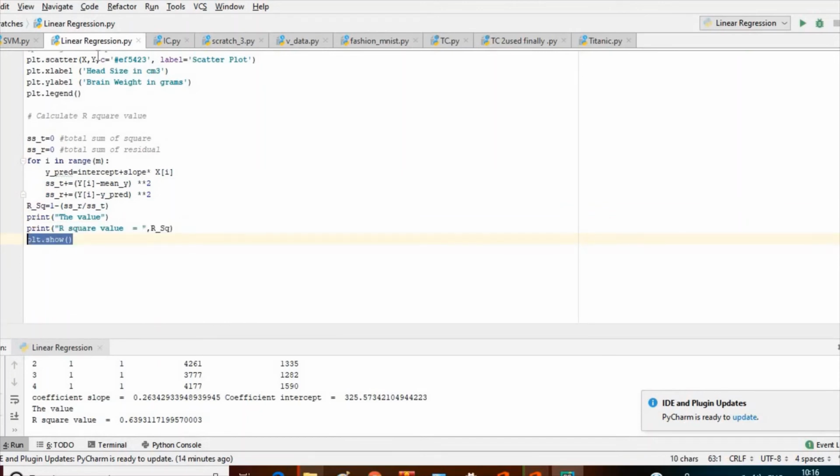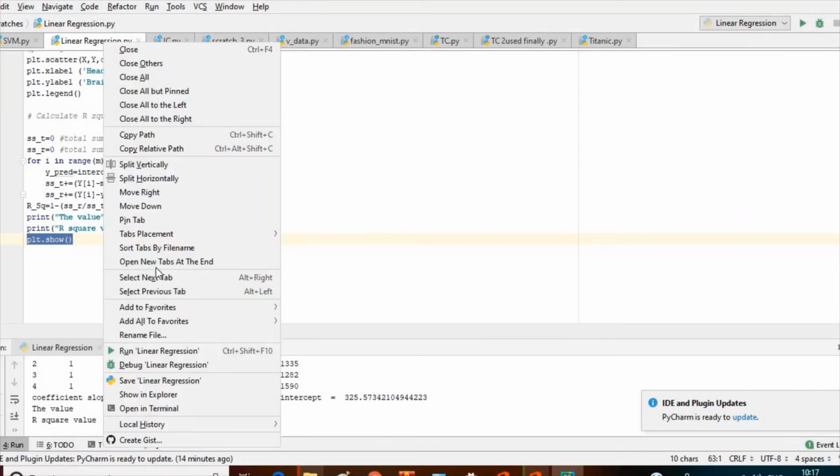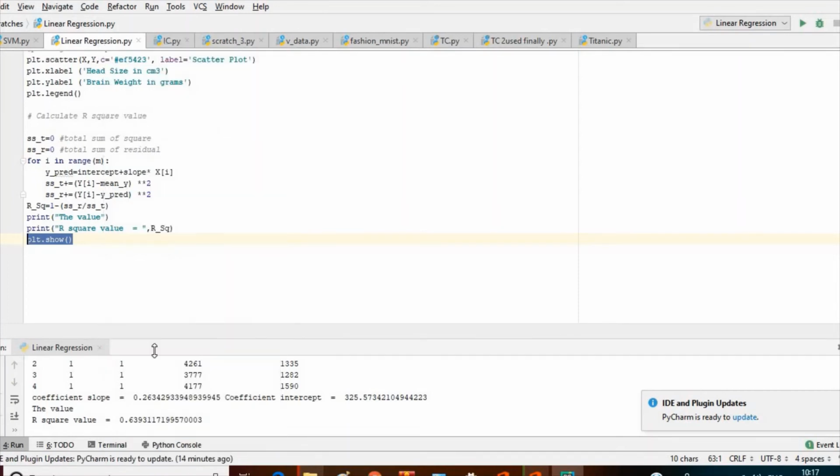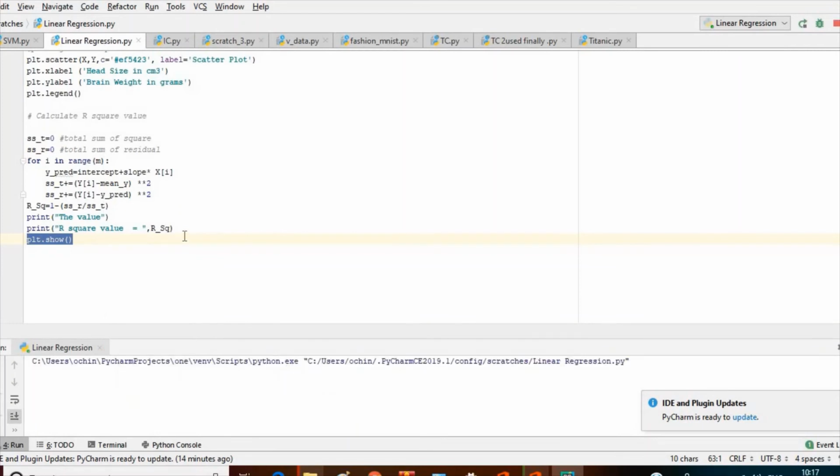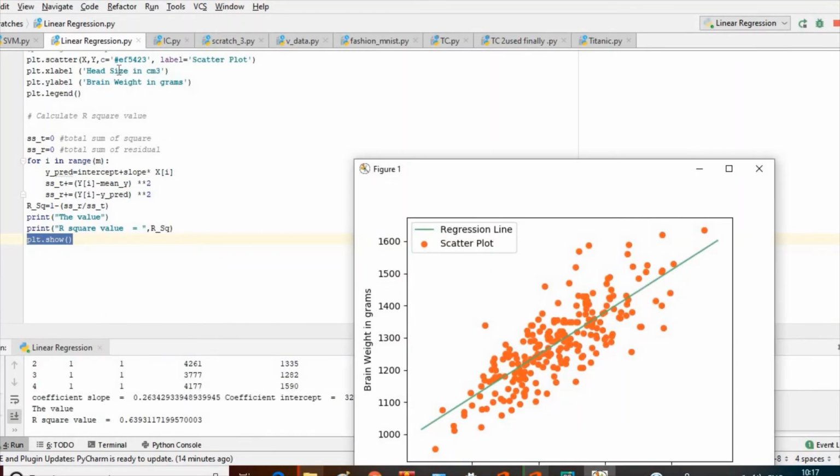So we will execute this program by clicking on run linear regression, the name of the file, and I believe it is executing.